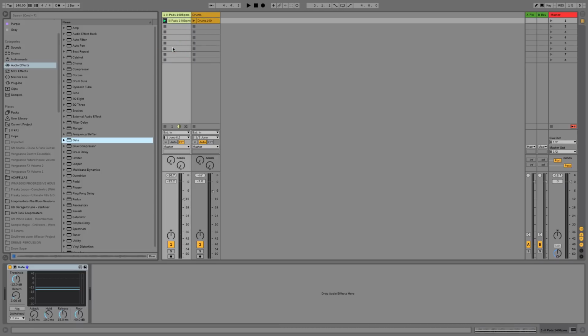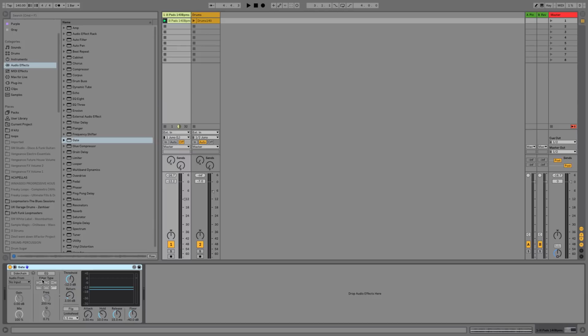And what we're going to do here is, instead of using the gate as the typical mode where only certain audio is heard once it passes the threshold, we're going to enable the sidechain. And what that's going to allow me to do is allow another audio source to trigger the gate. So this is going to be really cool in allowing something else to allow the audio to be heard, in this case the pads. So let's hit the sidechain feature on, and just for now let's start with using the